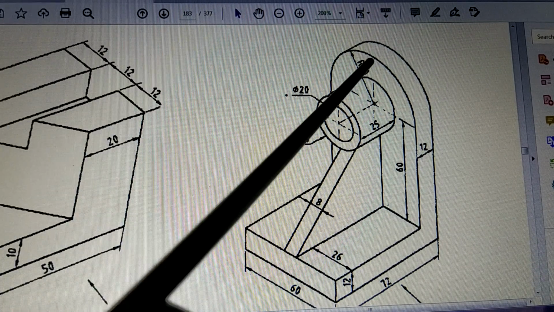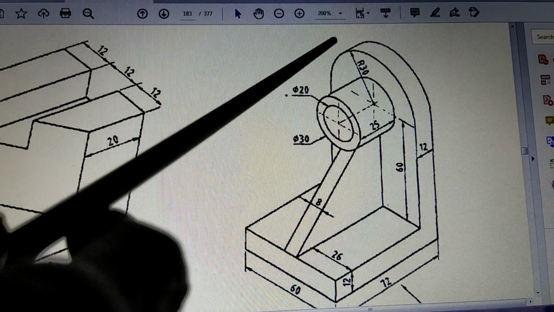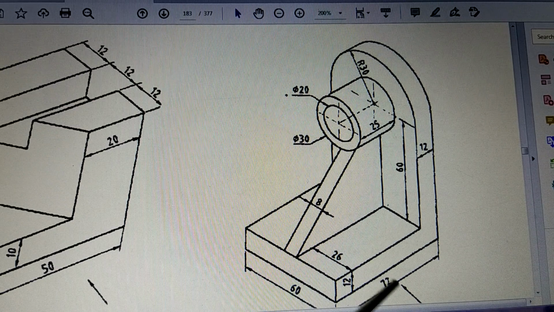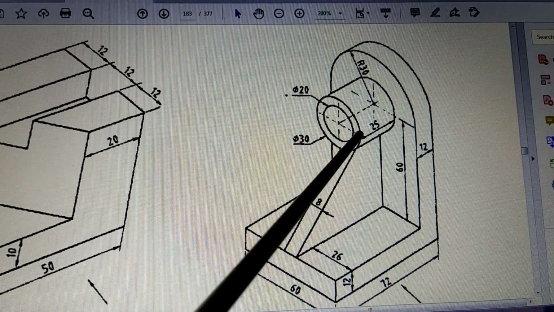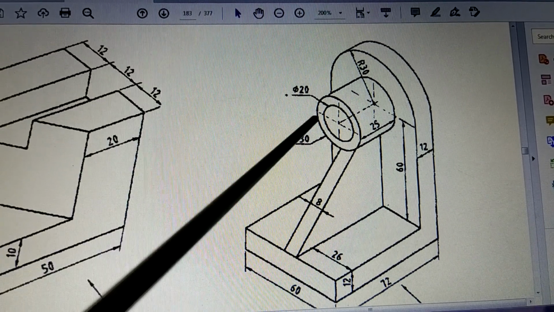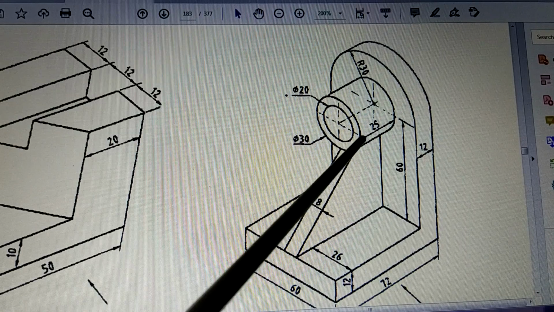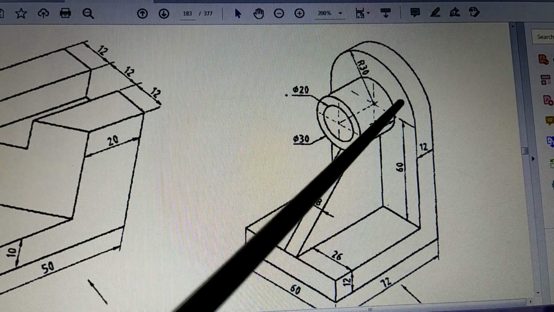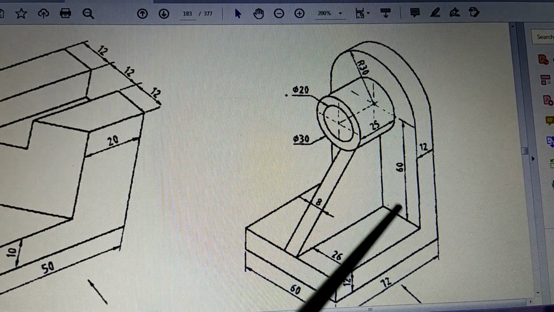Then what next? Now you have to draw the cylinder. Now this cylinder, when you see from top, it will be seen similar to what you see the cylinder from the front. So from the front, how you saw? You saw a rectangle 25 by 20. So same way when you see from top, again there will be a rectangle of size 25 by 20. So this rectangle you will see touching to this surface or this line or this line.